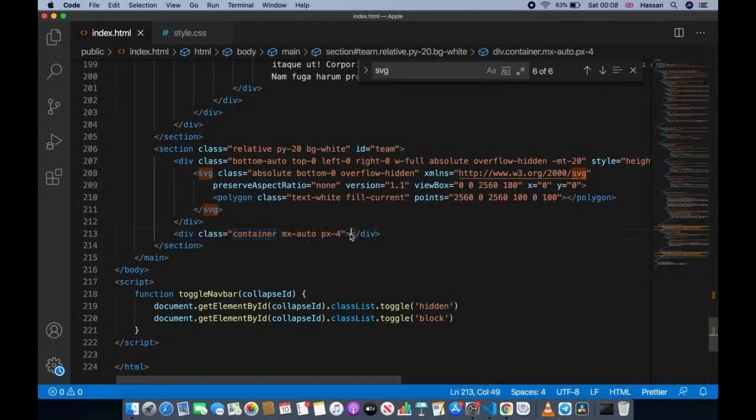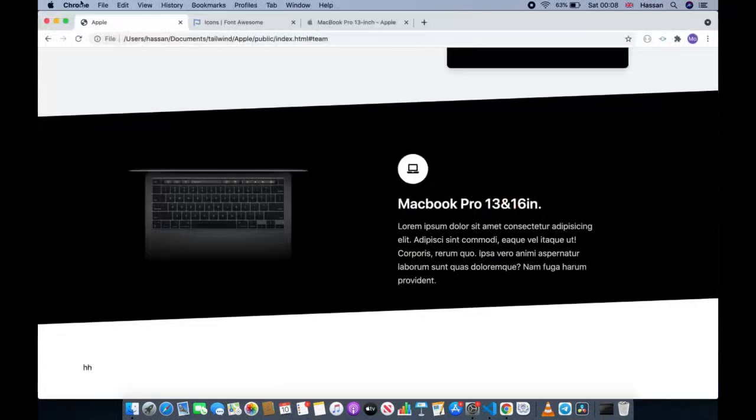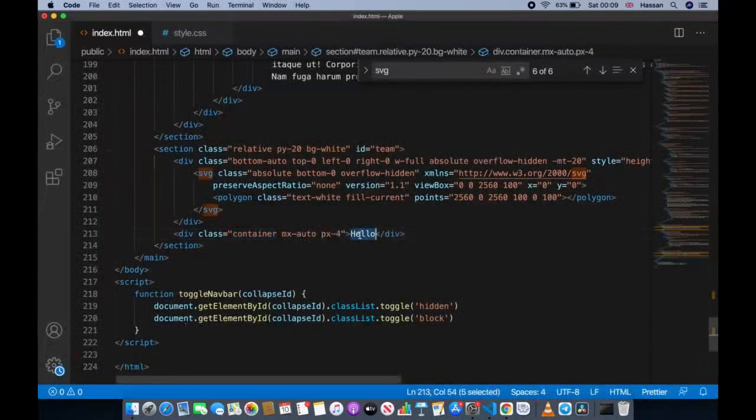So let's just put a text inside this div just to show you. So as you can see, there's a margin and there's some padding around it. If we remove the container, that padding will actually be gone. So it keeps everything nicely positioned with good margins. Okay, now after this,